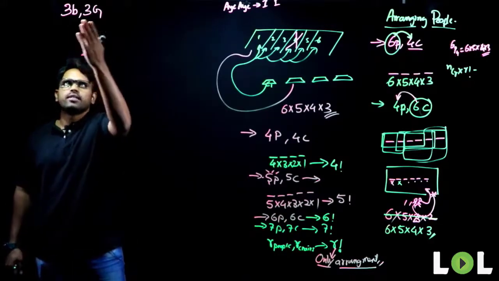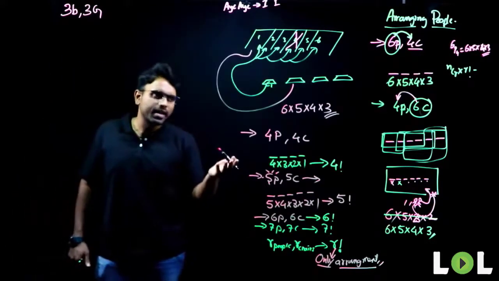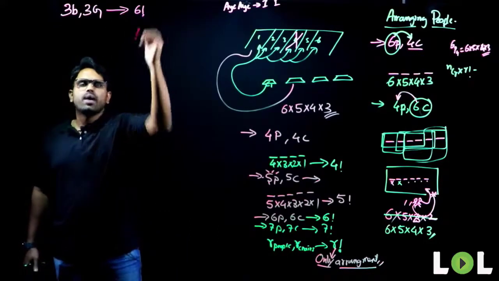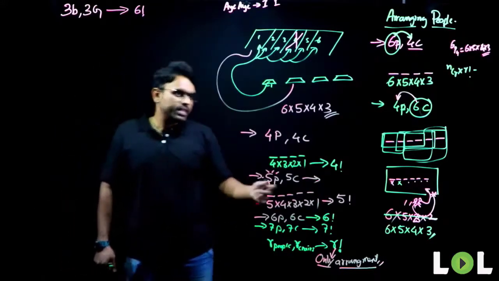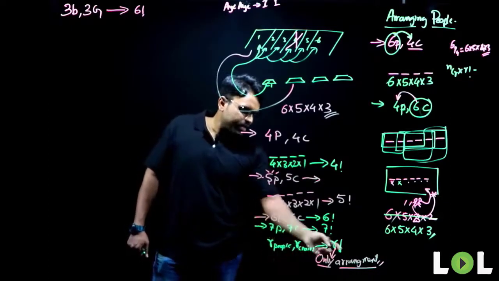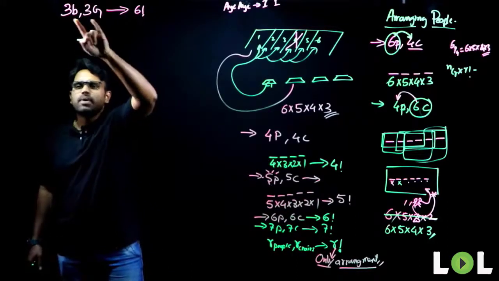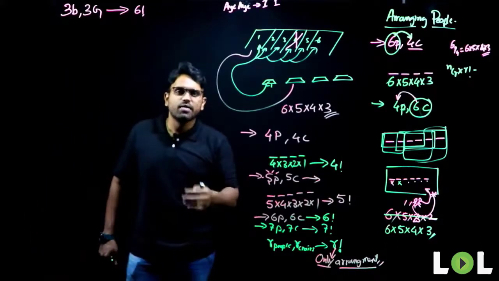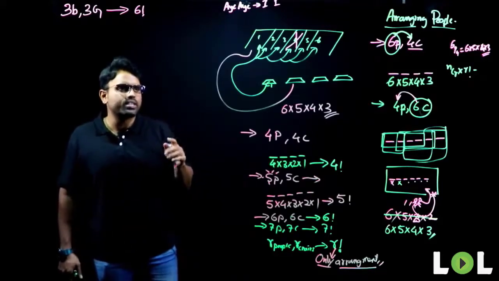I told you there are 3 boys and 3 girls. So how many people do you have there? You have 6 people. 6 people can sit in how many different ways? 6 factorial ways. Why? When I told you there are R people and R chairs, you did only arrangement. Here also there are 6 people. Do not discriminate according to their gender. If I ask you directly how many different ways you can arrange 6 people,